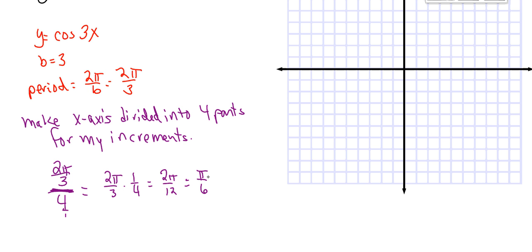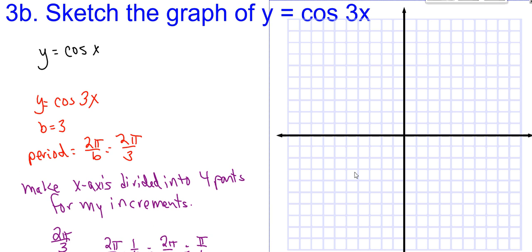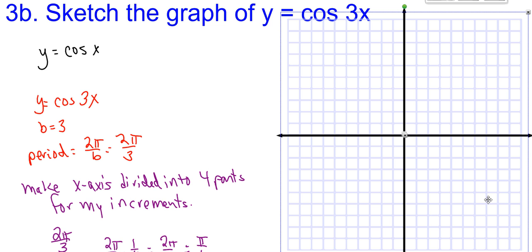Sometimes you might even use twelfths when you get that 2 pi over 12. It's up to you as you go. What I'm going to do is use 1/6 as I go. So I have a little luxury here, and if I think of it, I'll try to change the axis on the ones for the handout after I've recorded this. But since I'm going to go out in sixths,